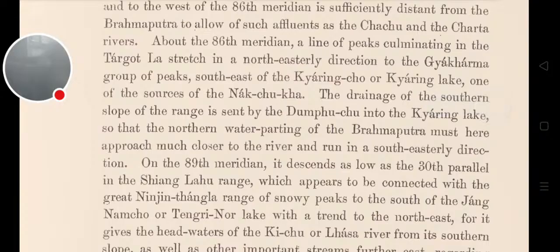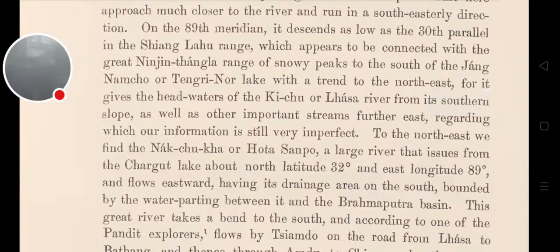About the 86th meridian, a line of peaks culminating in the Thargotla stretch in a northeasterly direction to the Gyakarma group of peaks southeast of the Karing Cho or Karing Lake, one of the sources of the Nakchu Ka. The drainage of the southern slope of the range is sent by the Dumfu Chu into the Karing Lake, so that the northern water parting of the Brahmaputra must here approach much closer to the river and run in a southeasterly direction. On the 89th meridian, it descends as low as the 30th parallel in the Siang Lahu range, which